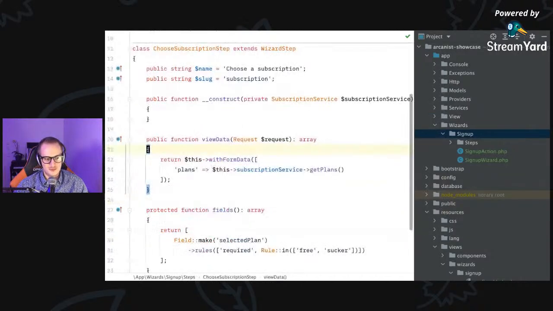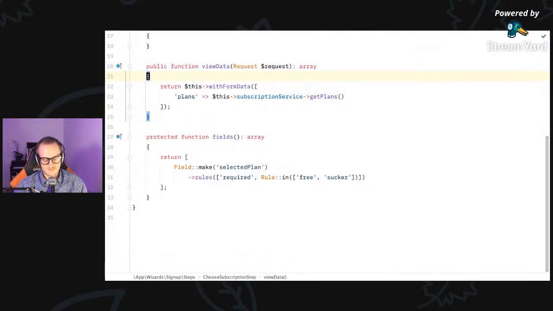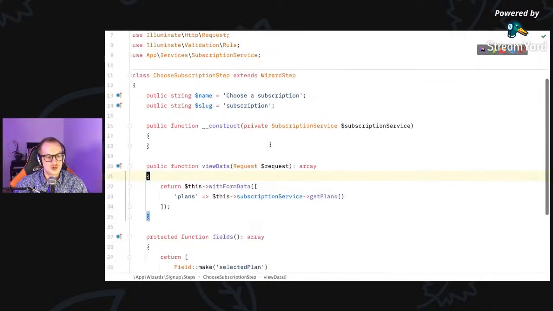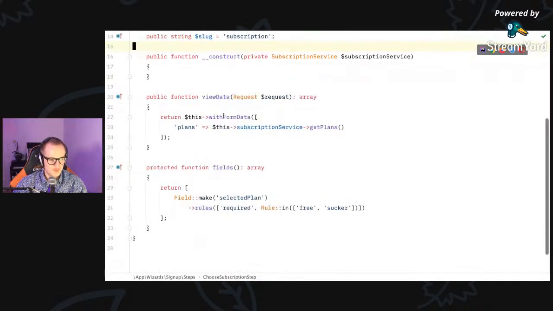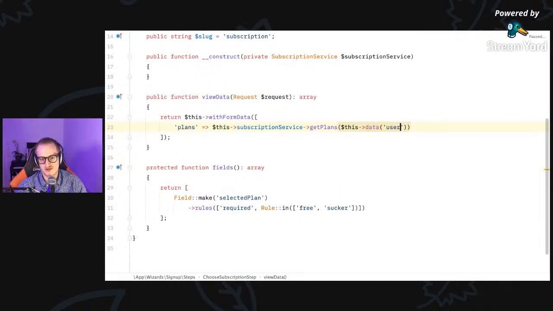Let me actually use this example to show you how Arcanist deals with this. So let's say in our choose subscription step, instead of saying subscription service getPlans, the plans that we actually get back depend on some value that was previously entered. In this case, let's say the username. And let's just pretend that this getPlans method accepts the username, which remember you can access by saying this data. So you could say this data username,